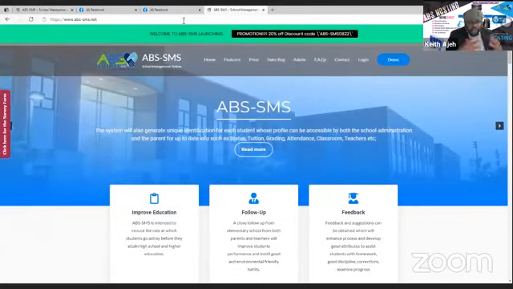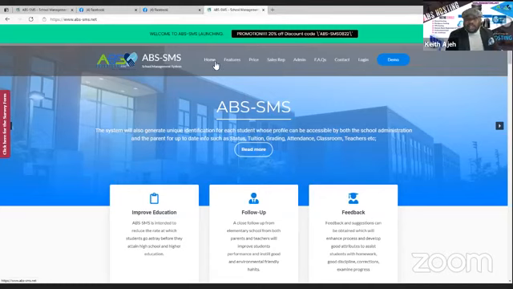Just to showcase you, but once you signed up as a school, you're going to have your own application where you will basically go on your desktop and just open it from there. You're not going to always do it from the web browser, but you can also do it from there. Once it becomes a customizable product for your institution, our tech team will ensure that you have a desktop app where you go in to log in, and not necessarily always come to the web browser. But for this purpose, we're going to log in from the web browser.